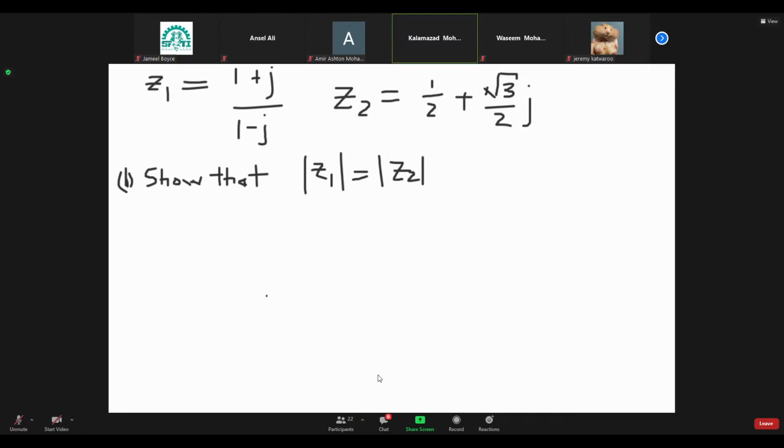All right, so from part A, Z1 is equal to J, therefore the modulus is equal to 1. All right, now the real part would be 0. All right, remember it's 0 plus J, 0 plus 1J if you want. All right, so it's going to be 0 squared plus 1 squared. The square root of 1 squared is 1. Now for Z2,